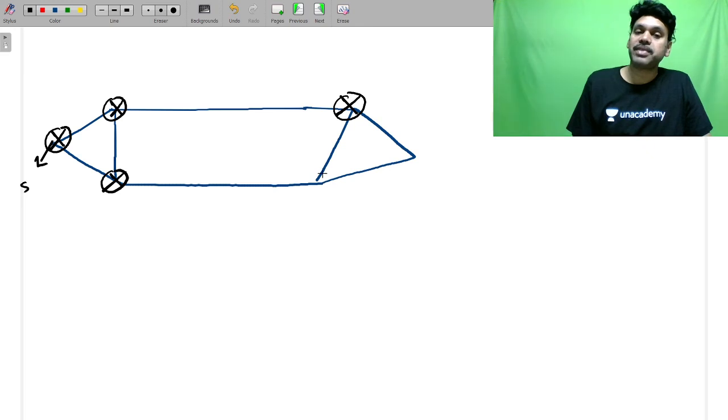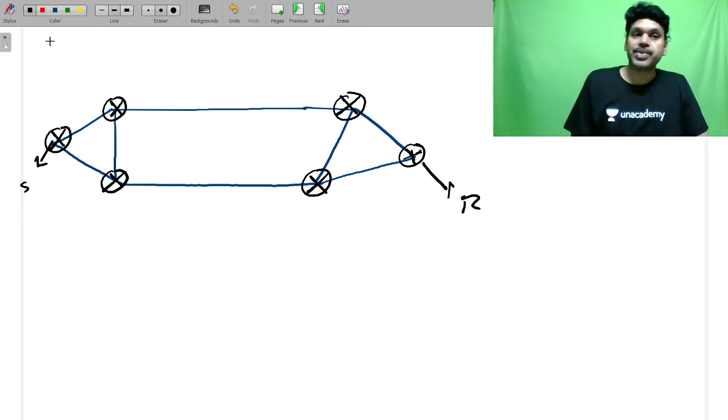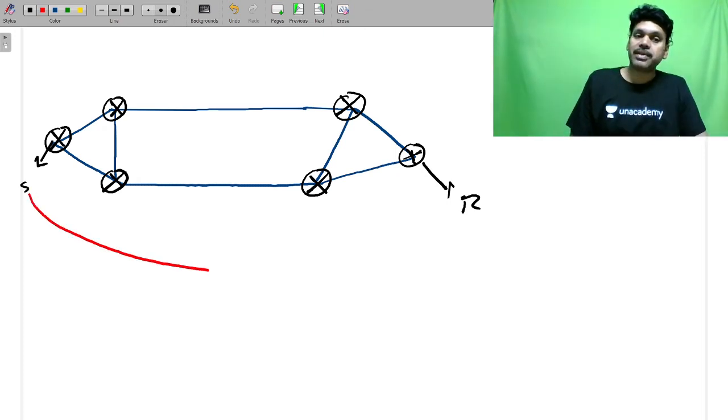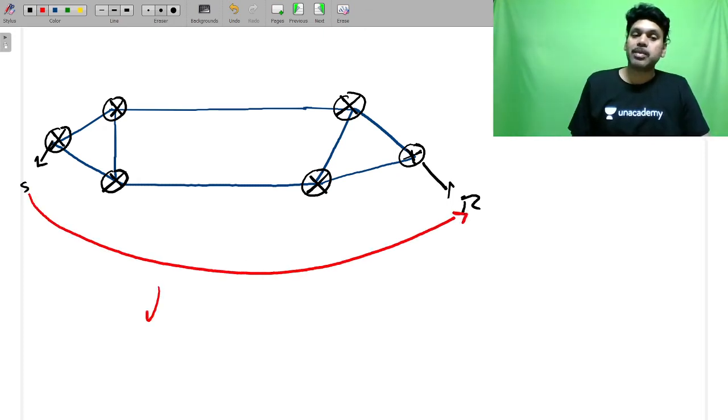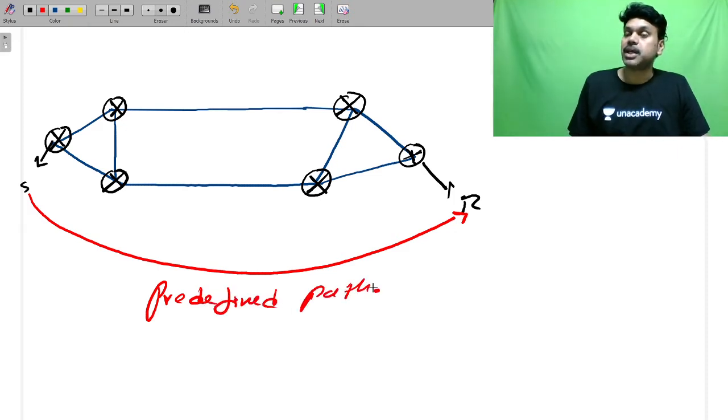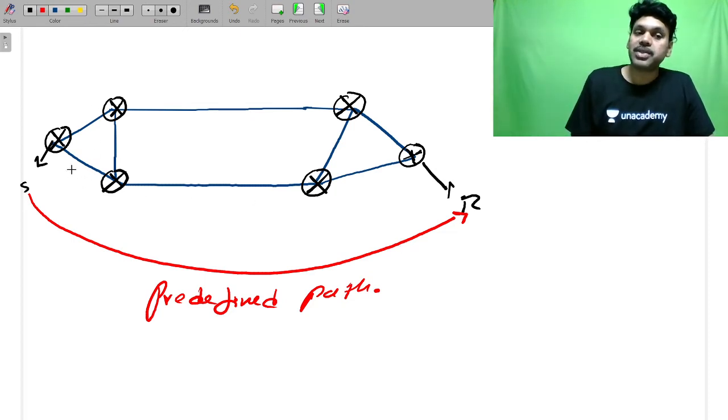Observe carefully, my dear friends. So the receiver is available here in this network. Initially a predefined path is established between sender and receiver. The path cannot be changed during the data transmission. That is the meaning of non-adaptive. Therefore, it is saying that this is my